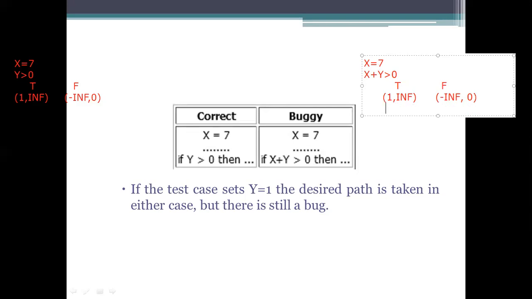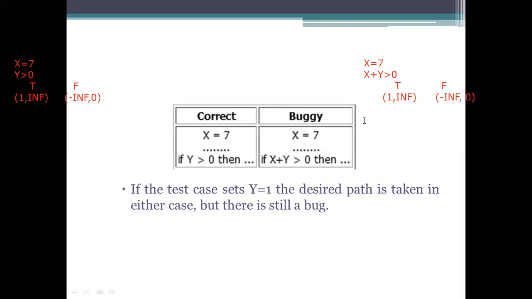Why so? The value you took here for x is 7. If there is a change in the x value... there is no change in the x value.